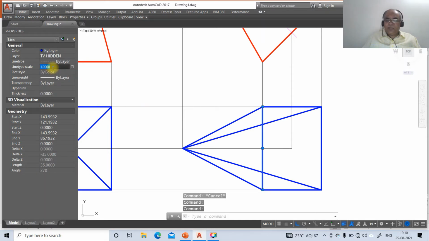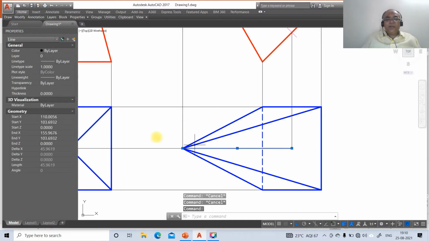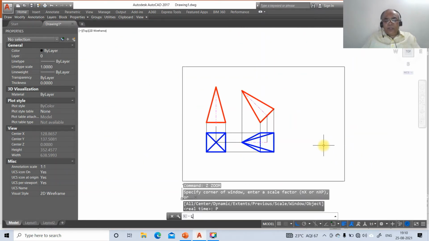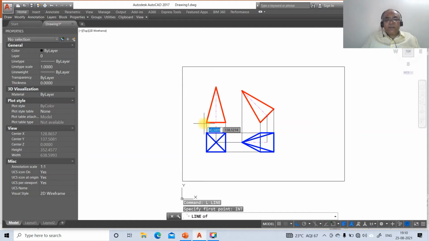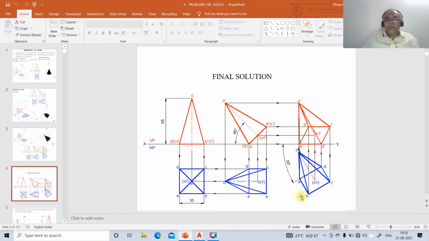Then you just go to this and type 10. So you are going to get this line. And similarly, you just click on this, go to layer, click on this as axis, and then take it as 10. So this is how you will be able to create this drawing. Then go to line, take int of this and draw a horizontal line on this side, and similarly int of this and draw a horizontal line on this side. So once you get this, now we have the top view. Now we go for this projection.